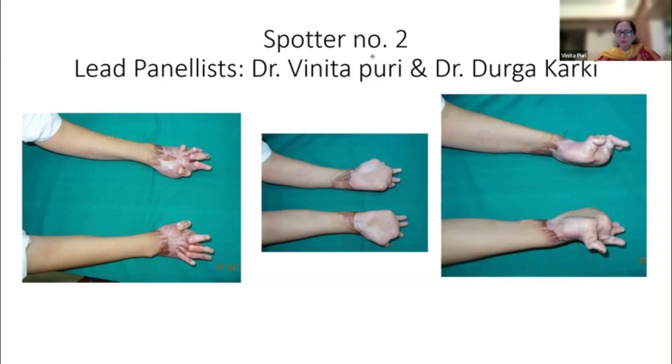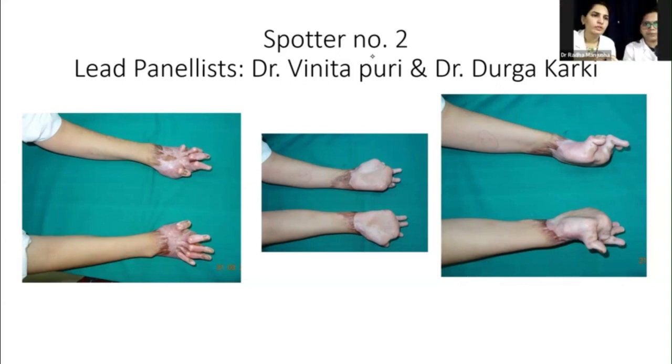Or maybe do both simultaneously, but usually however bad the hand is, they are able, with some adaptive devices, to use the hand. So you have to always find out in detail what the function is, and only after that decide between both hands. Now let us say, just pick any one hand and say what you would like to do. Right hand. So let us say you're operating the right hand. What would you like to offer this patient?